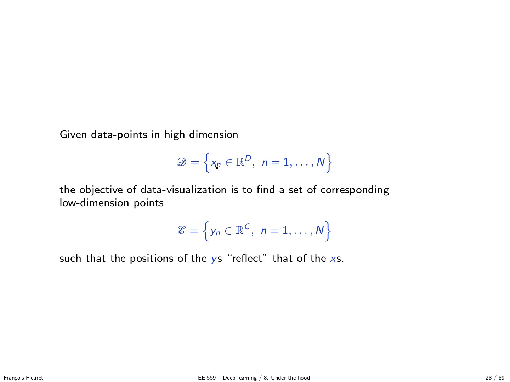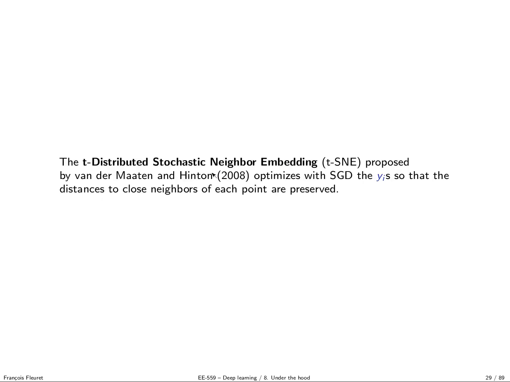You want the neighborhoods to be maintained, and ideally even metrics. You want the distances to be maintained. So t-SNE is a method designed to do so. And what it does is to optimize with stochastic gradient descent the location of the y's, so that the distance between them reflects the distance between the x's.